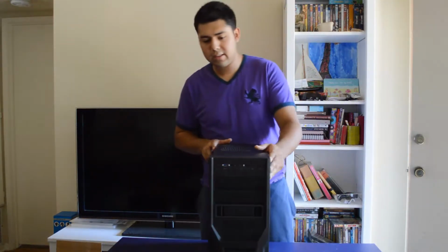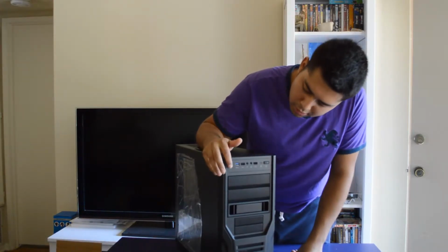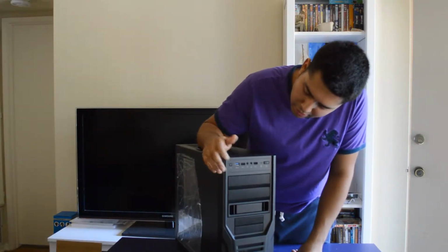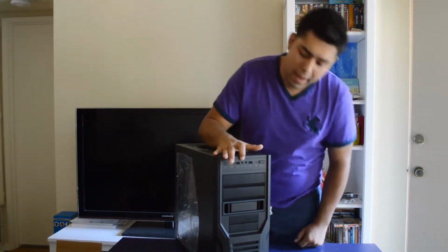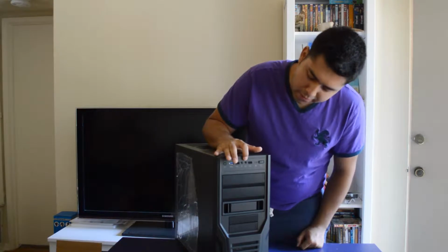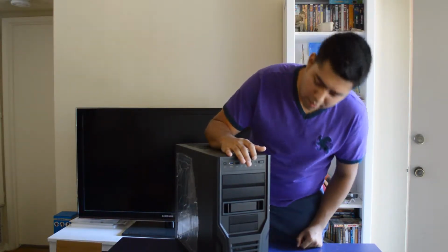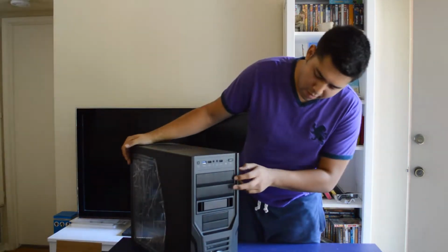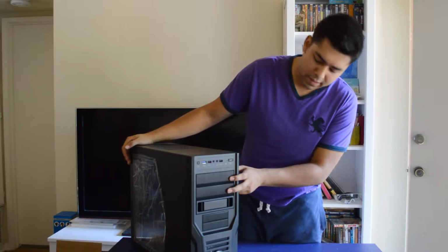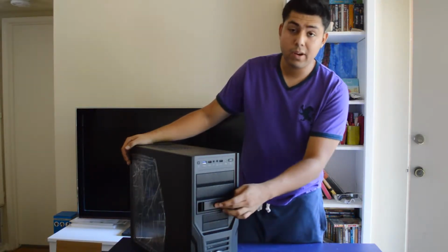Starting from the front, you have, I believe, your power, or actually no, this is your reset button, your USB 3.0, USB 2.0, your mic and headphone jack, another USB 2.0, a hard drive indicator, and your power switch. Also, you have the 2 5.25 inch bays here. This is a 5.25 inch bay that can be converted into the